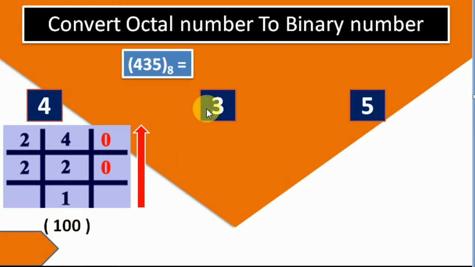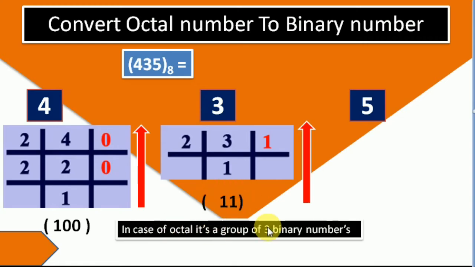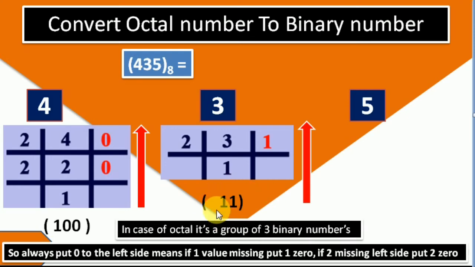Now we move to the 3. Divide that, 2 1s are 2. It is finished. Now down to top, what is the number? 1 1. Now you have to find out that 3 is also going to be a group of 3 digits, but there are only 2. Now what do you have to do? First thing, in octal, you have to understand that there is a group of 3 digits. So you have to put 0 to the left side. Don't put the digit to the right side. 1 1 is a binary number. You have to put 0 to the left side.